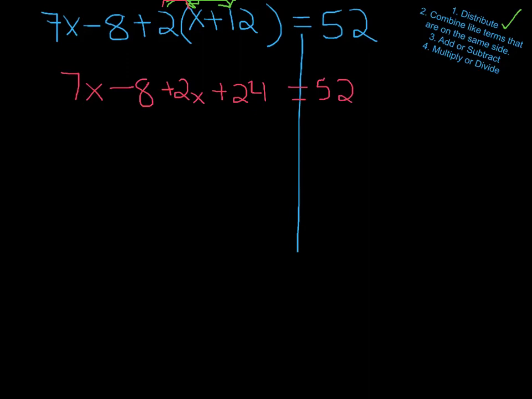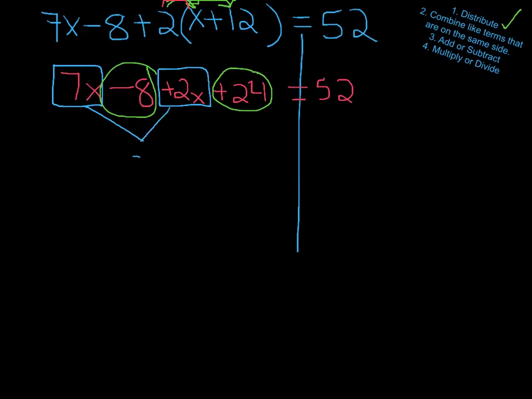Now combine the like terms, so let's look where we have like terms. I have 7x and 2x, so those can be combined, but I also have negative 8 plus 24. So let's combine 7x and 2x to get 9x. And now we have to combine negative 8 and 24, which is a positive 16. So plus 16